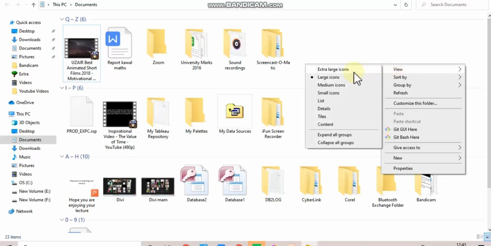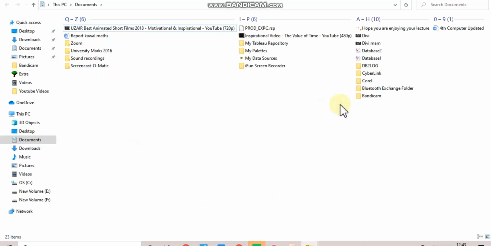When you go to view, you get these options whatever I have discussed just now, that is the list, details, tiles, content, right? So I'm going to show you each one of them and will explain you how it looks like. So list view, can you see how it created? They are created as a list. So there is a list, right? And when you click on, you get the information, what is the type of item, what is the size, and what is the length. Similarly, wherever you go, you get the list of items, right?